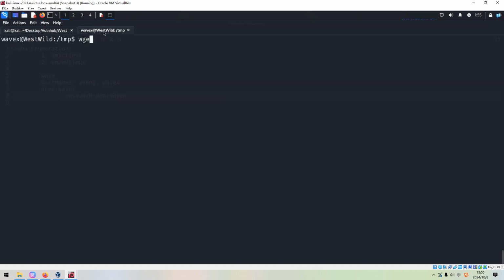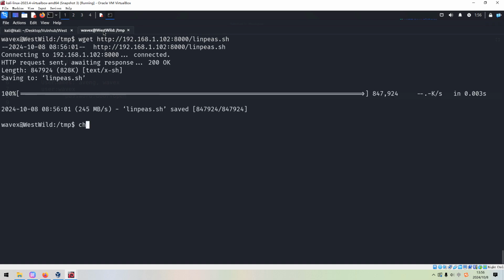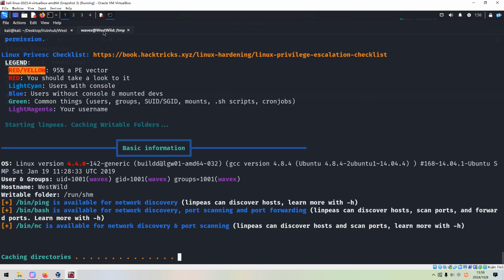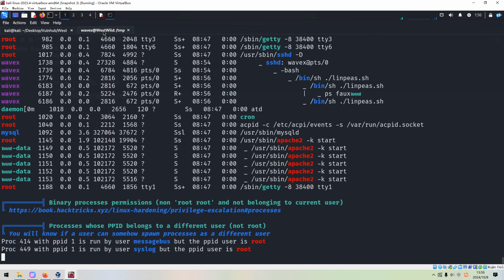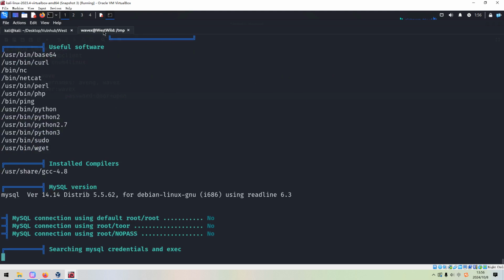Now we can use wget to download LinPEAS. And we need to make it executable, and then we can run it. In most cases, if the target machine is Linux, we should utilize this script to make local enumeration, because it can do the automatic enumeration efficiently.